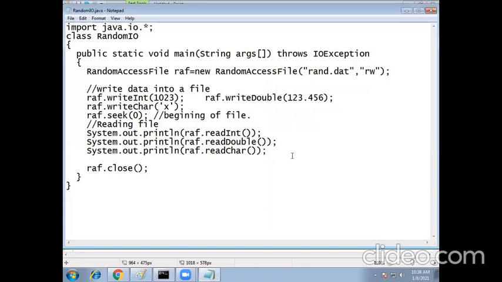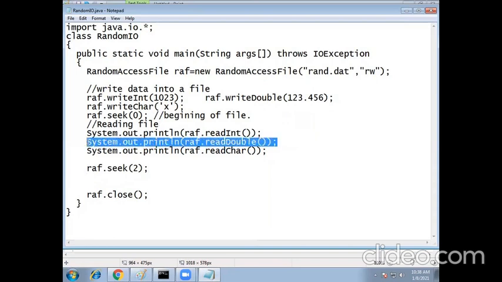Now suppose I want to put the file pointer at record number 2. Then what you have to do is RAF dot seek of 2, suppose. Now what is record number 2? Record number 2 is this one.